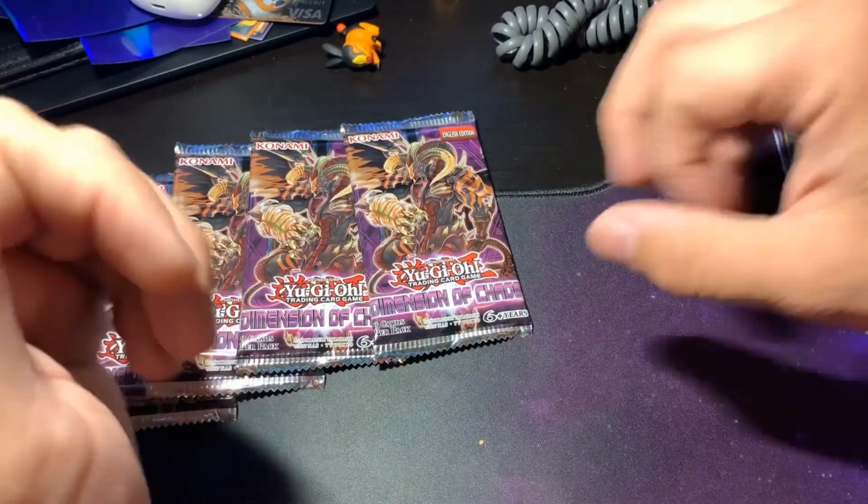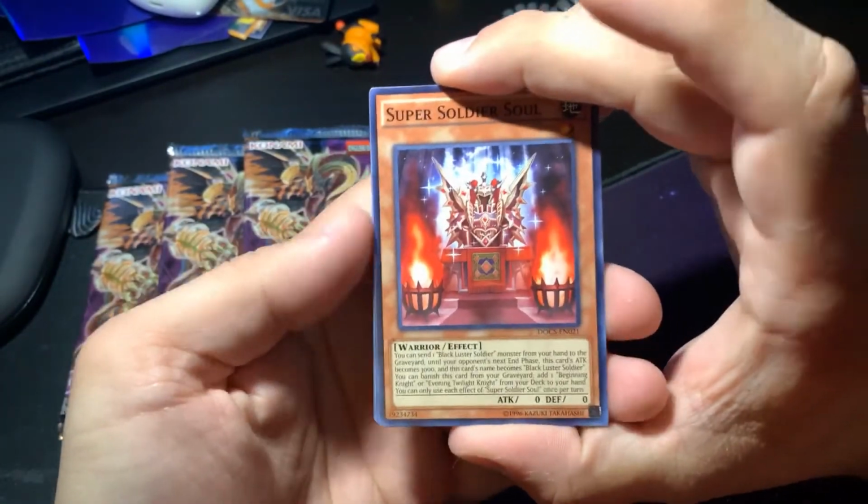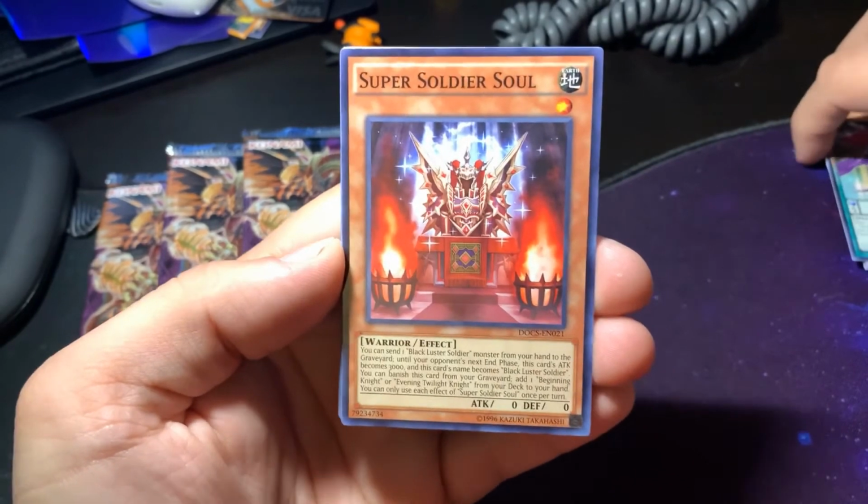I'm unsure how I feel about it, but some of you might have different opinions. Alright, number 2. Let's see. If we can get one foil out of these 5, I'll be happy. I don't know whether or not that's likely with these packs, considering they're third party, but